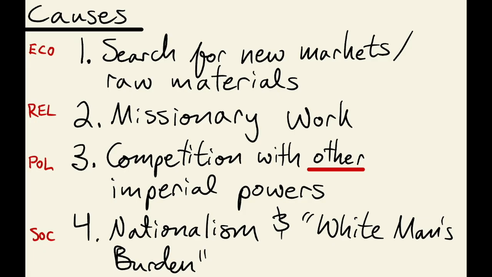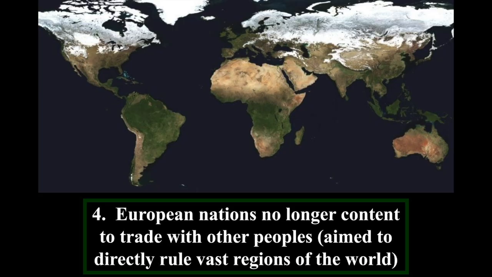Now, obviously, that is going to be very hypocritical, seeing as all of these areas outside of Europe had golden ages long before Europe did. While Europe was in the dark ages, literally everywhere else in the world was having a great time. Okay, so we're going to see that this is going to be justification for colonization through the use of racism and ethnocentrism. Now, European nations had engaged in trade with these countries before, but they're no longer going to be content to just trade. They want to directly rule.